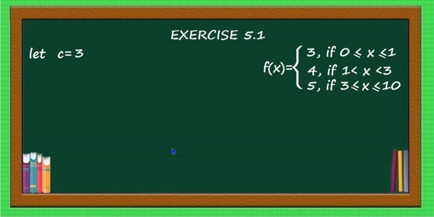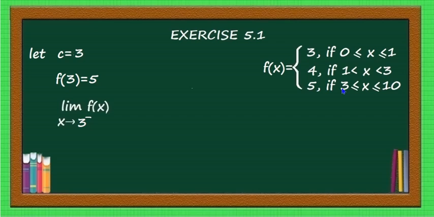And let us take the next case, that is c is equal to 3. When c is equal to 3, function is defined as 5. See here, when x lies between 3 to 10, function is defined as 5. And therefore, f of 3 is equal to 5. Limit extending to 3 minus f of x,